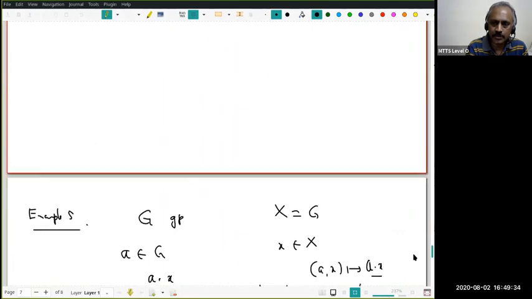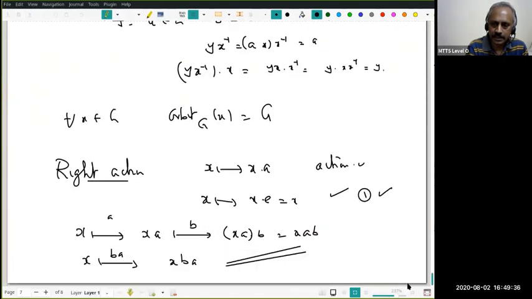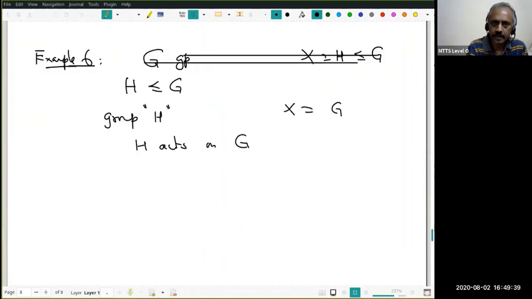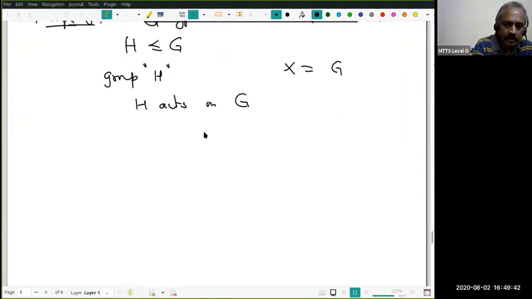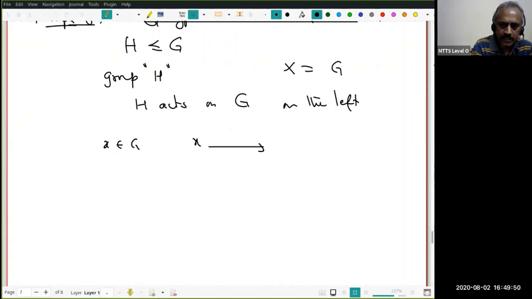On any group also I could do that. Right. Anyway, let's go back. Now, the left action: you give me an element x in G and x goes under h. Where does it go to? h dot x. What is h dot x? Remember, h is an element of H and hence it's an element of G. x is an element of G. Therefore, this is the group operation in G. Therefore, h dot x is an element of G. Therefore, I have an action H cross G to G.